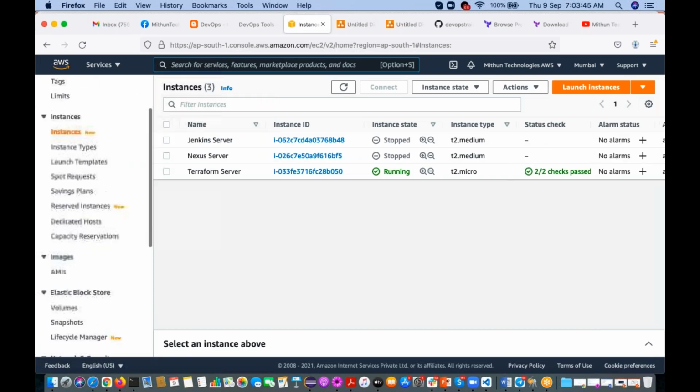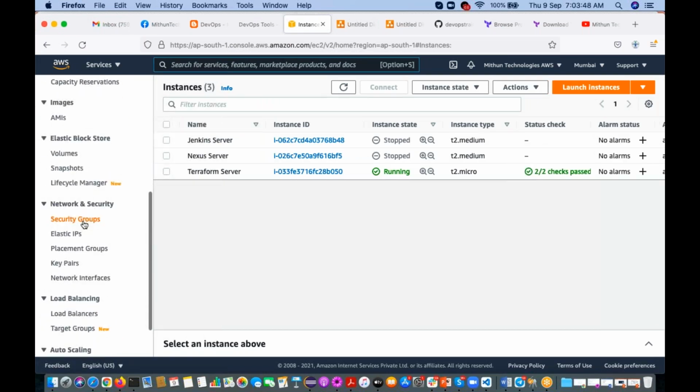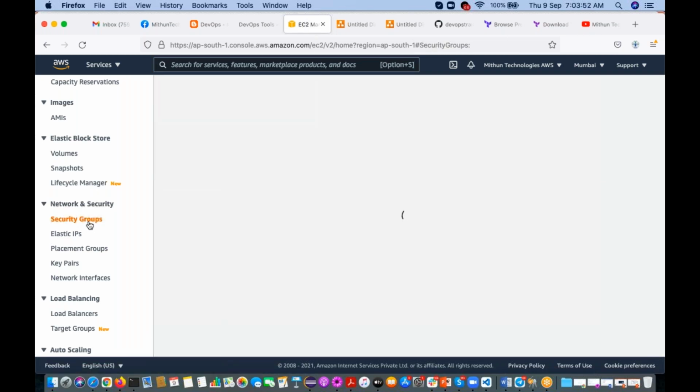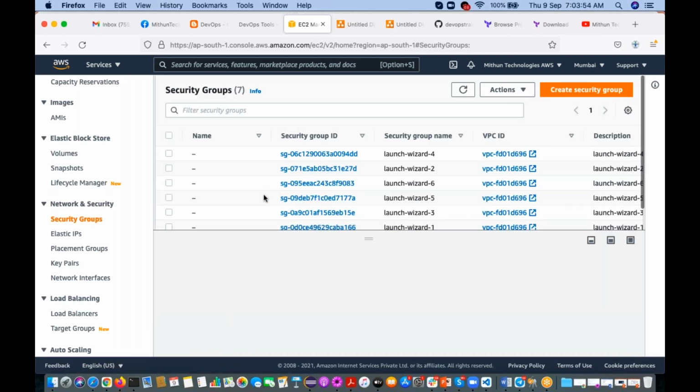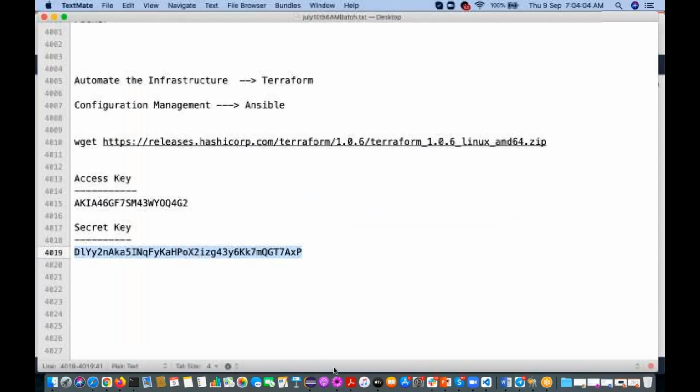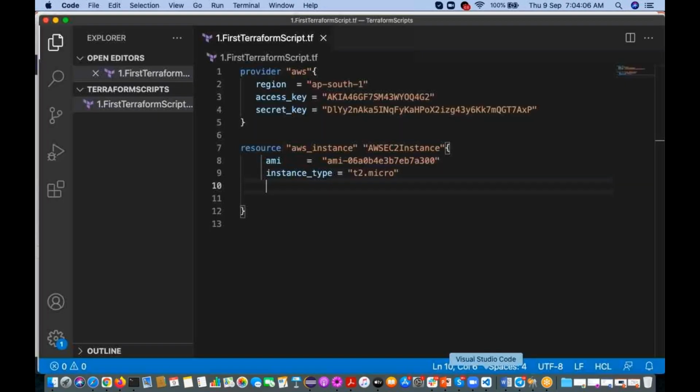Just scroll down. See here, under Network and Security, you will see Security Groups. These are the security groups already available in your account. You can use whichever you want. Okay. So now, sorry, not here. Security groups,